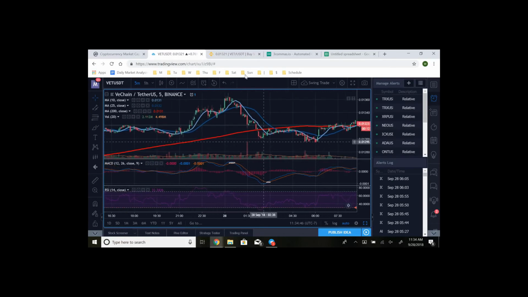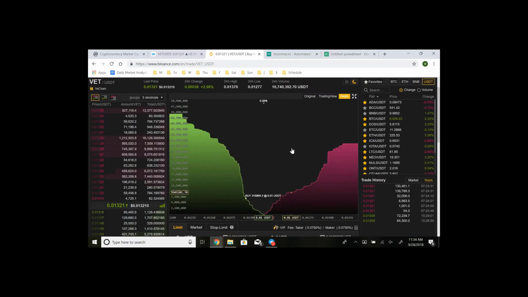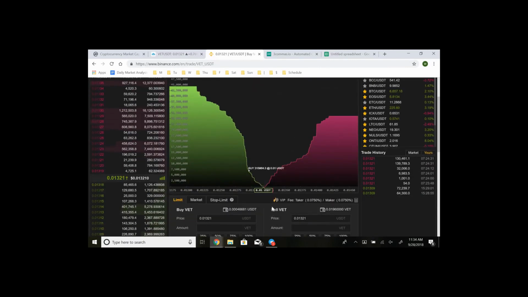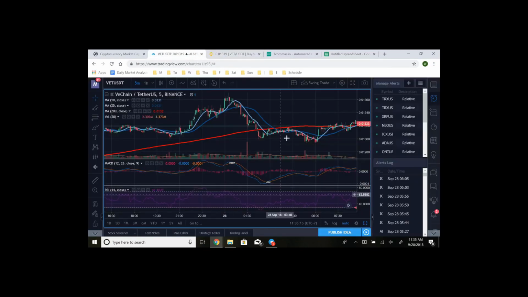Now, after that, really all you have to do is pay attention to this right here, which is the order book. Okay, now the order book does a lot of great things for people, and people don't even realize that you can trade specifically just off the order book if you wanted to, for the most part, which is actually what most of the strategy is, and it's pretty simple to do. So what you're going to want to look for is things like this. You see this huge wall? That's what you actually want to look for. So after you've determined something is oversold, either on the 5-minute or the